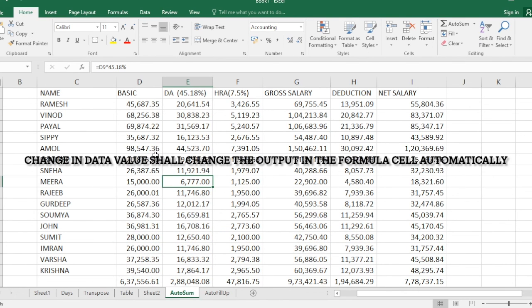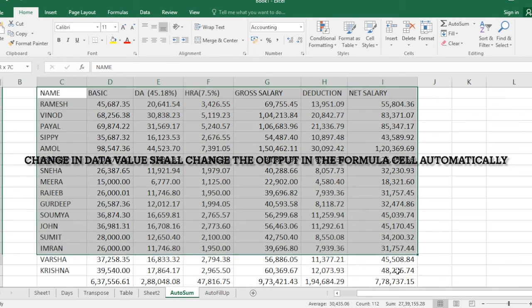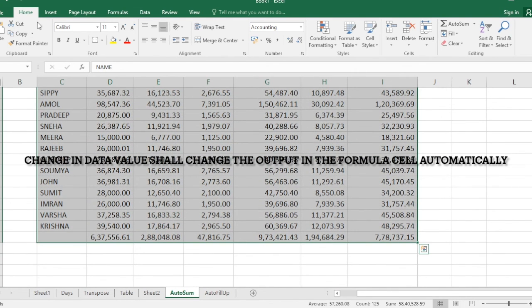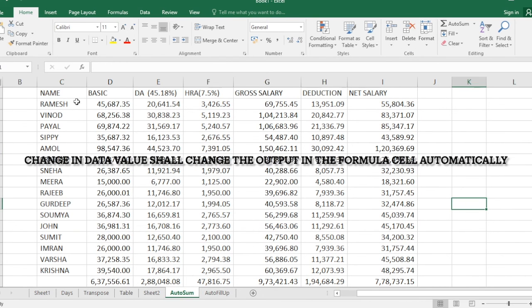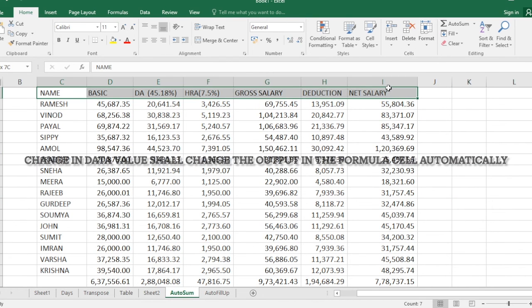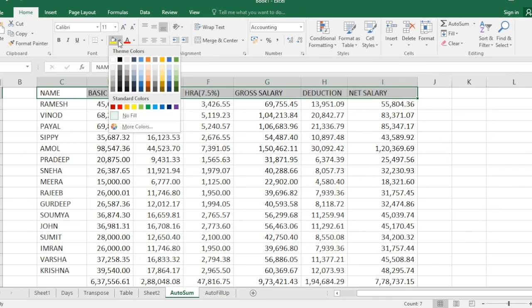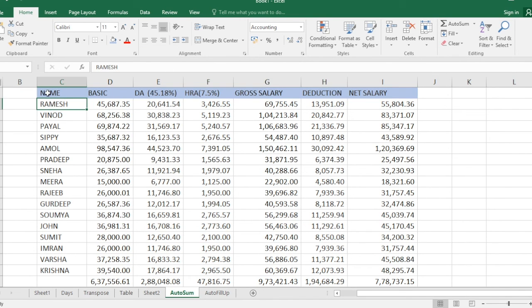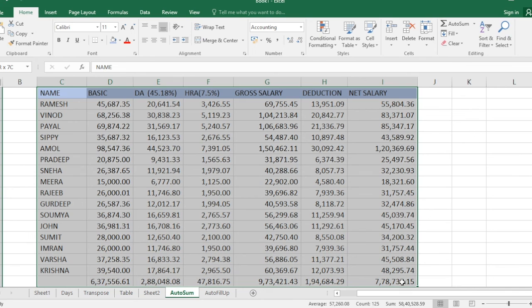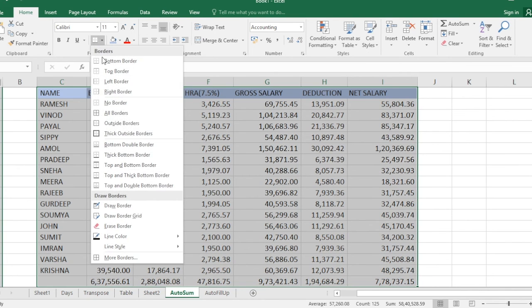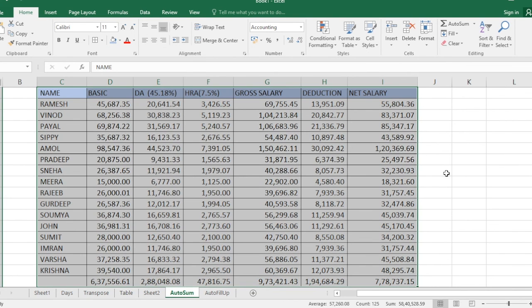And if you want to make it look decent, what we need to do is select the cells. I can manually select the cells without table formatting, put one color here, select the entire cells and put a border.